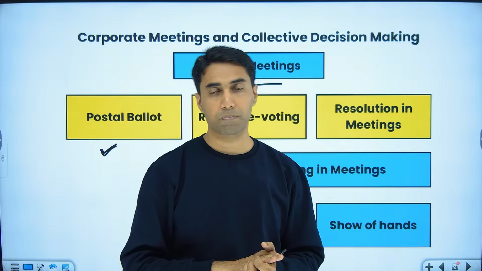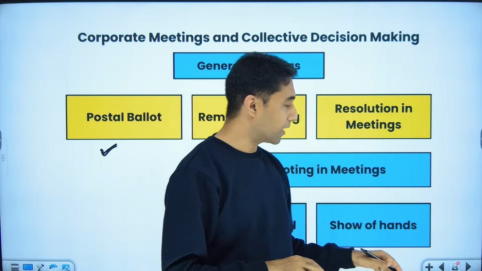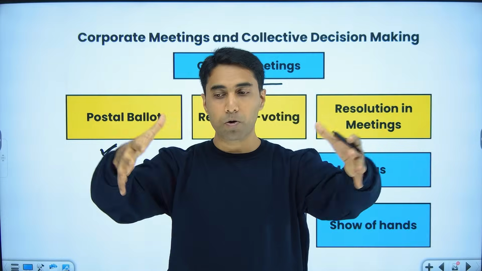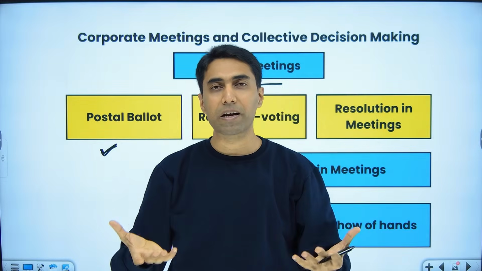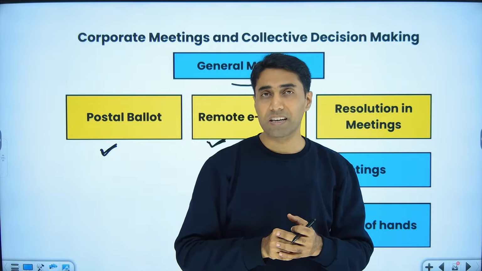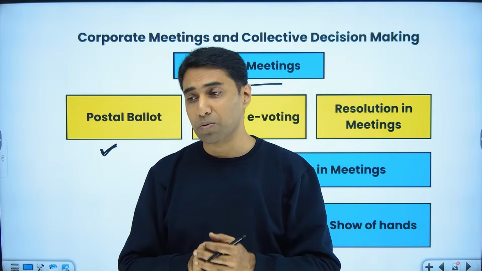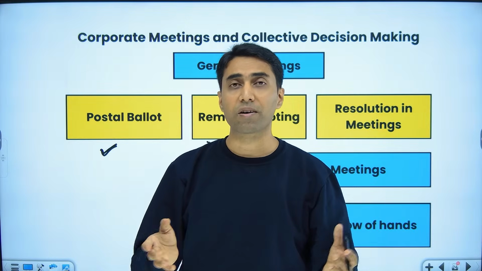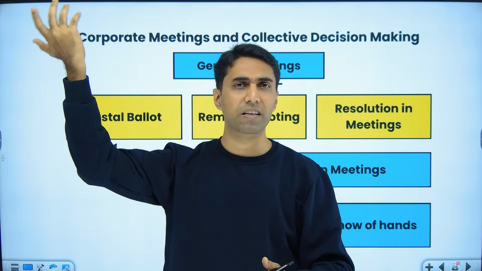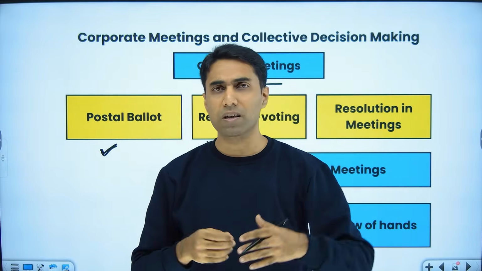See, traditionally what happens? If there is a physical meeting, you can't expect 5,000 people to come to one room. Not everybody will come. Less than 5% come. Believe it or not, I have seen companies with 5,000, 6,000 shareholders where not even 40 to 50 come for the annual general meeting, because everybody is busy, everybody is somewhere else, they've just bought the share of the company.